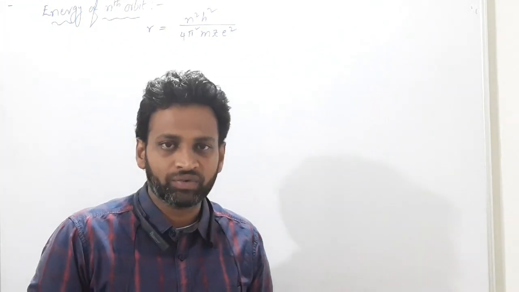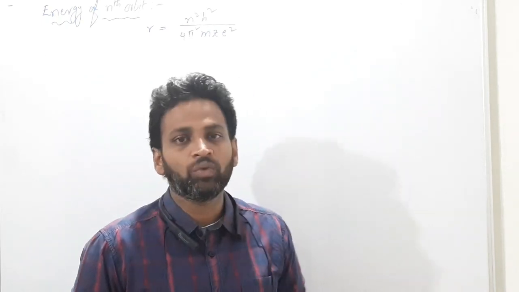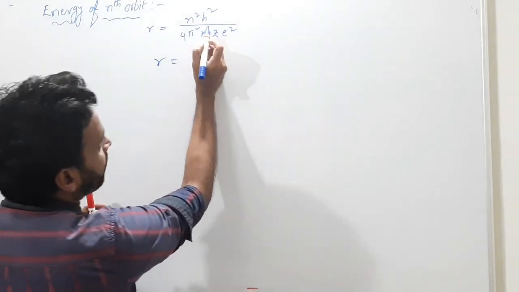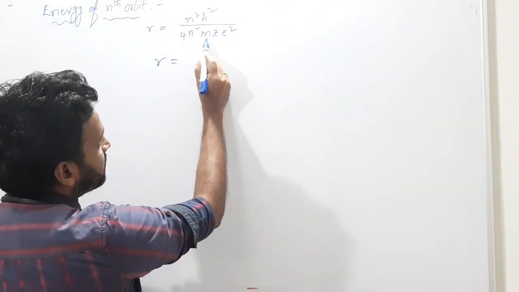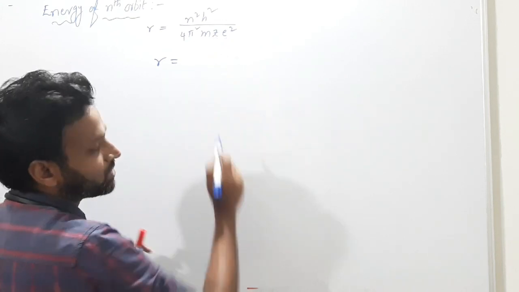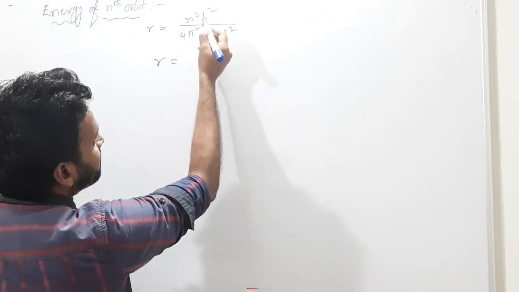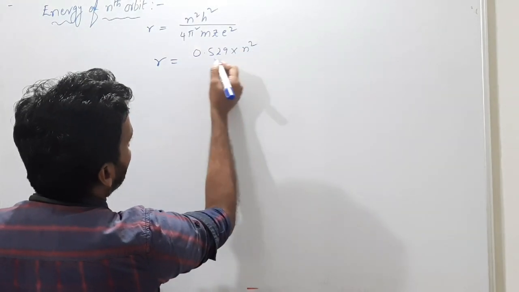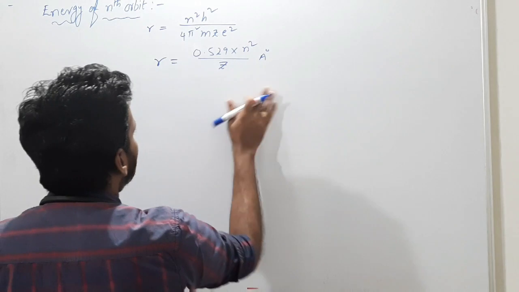Otherwise, you know the electronic configurations I gave already up to 30 elements. Okay, and moreover I will explain again after quantum numbers, so you have no need to worry. Coming to this radius, you have a simplified formula after substituting the Planck constant h, the pi value, mass of electron, Z is atomic number, e is the charge of electron. Those all I gave previously, and here except n and Z we can substitute these values, and I gave that: 0.529 into n square by Z. This is in angstrom actually. So this is the radius formula.